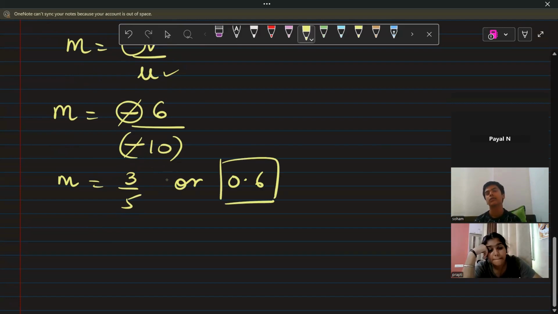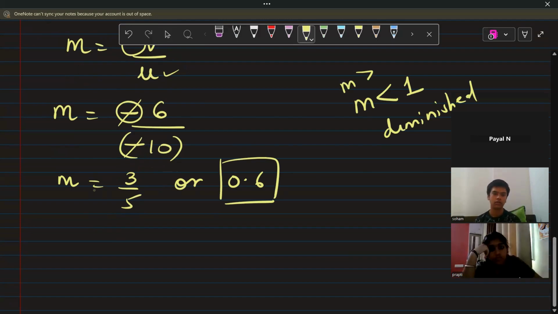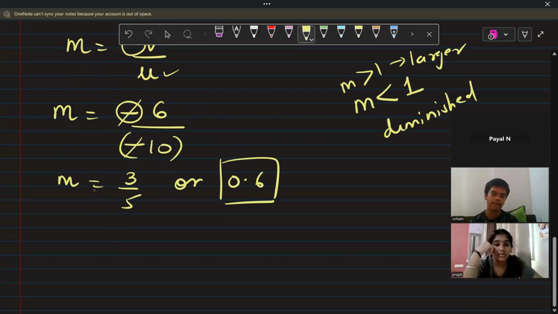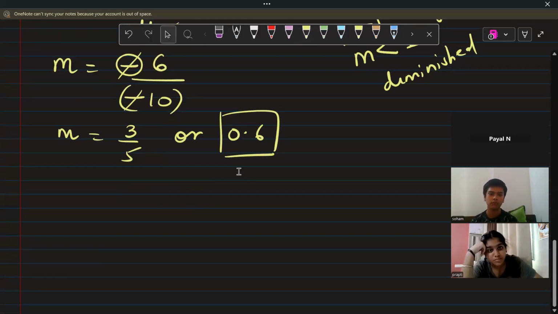So 0.6 means what? It indicates whenever the value of m is less than 1, matlab the image is diminished, or I can say it is smaller than the object. And whenever it is greater than 1, matlab the image will always be larger than the object. So here it is 0.6, less than 1. So I will write down it as